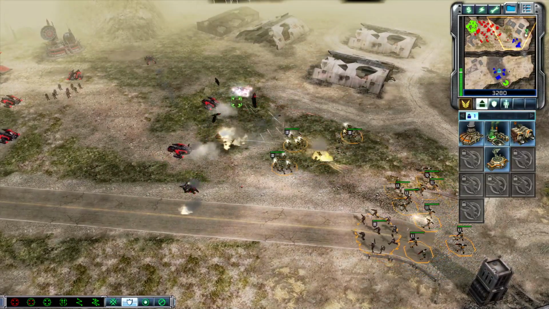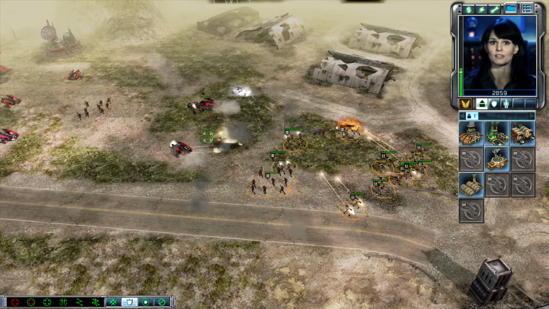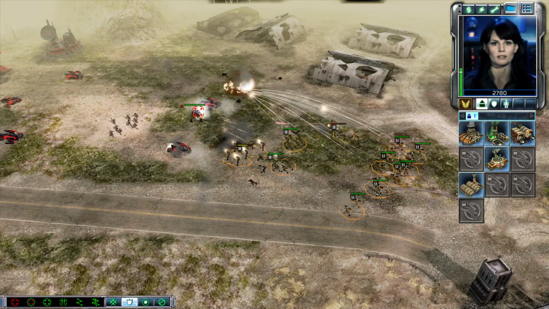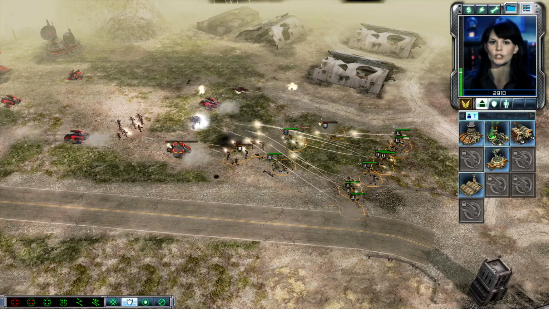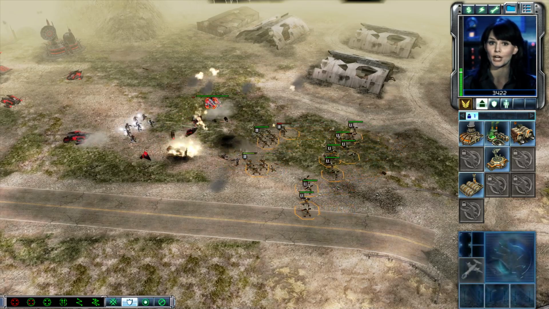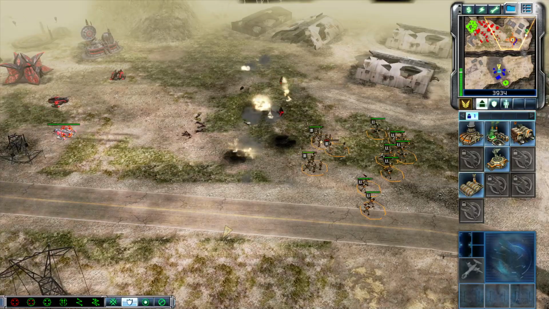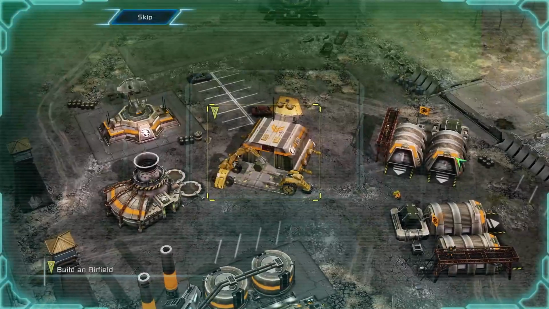Unit promoted. Establishing video uplink. Those Nod vehicles present a problem, Commander. Build an airfield and then some Orcas. They are great against ground vehicles and good against structures. However, Orcas have limited ammunition and will return to their airfields when they run out. Incoming transmission. Orca reinforcements are set to arrive soon. You will need to build an